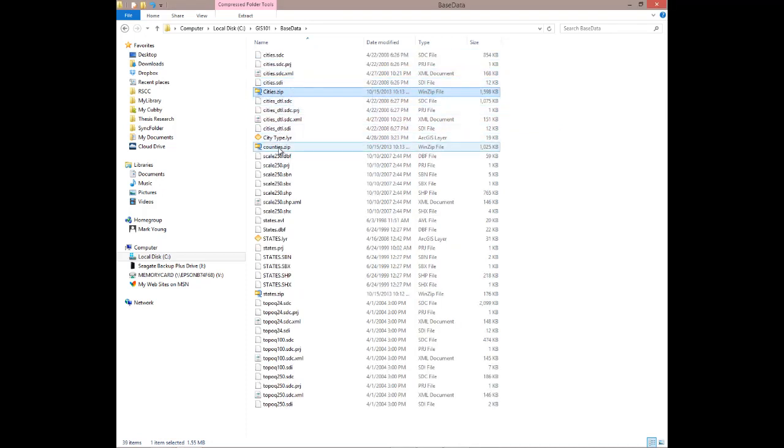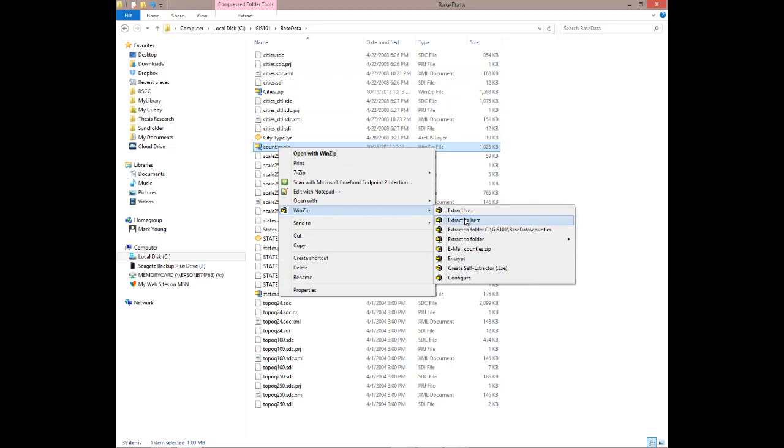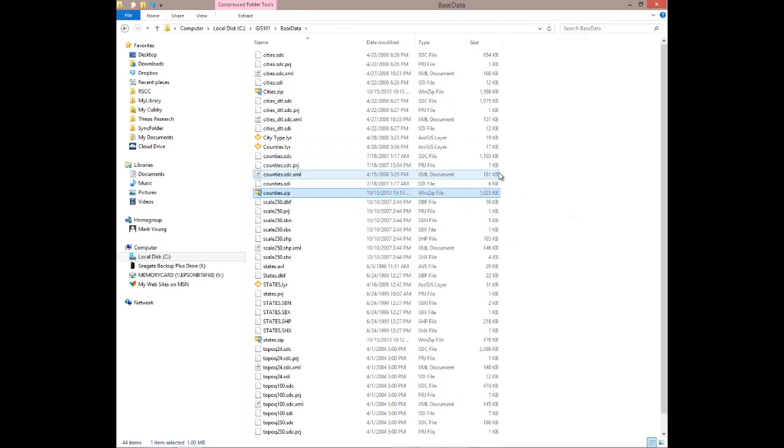Now I'm selecting these one at a time just for demonstration purposes, but I could have actually selected all 3 of those at once and unzipped them all in one effort as well. So I'm going to do like I did before. I'm going to select these original zip files, and I'm going to move them over to the archive folder just